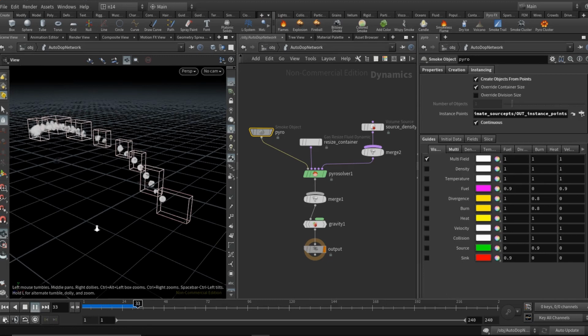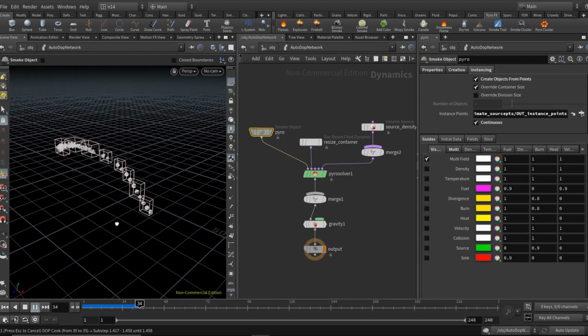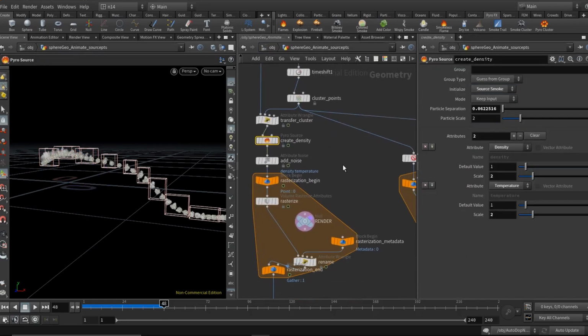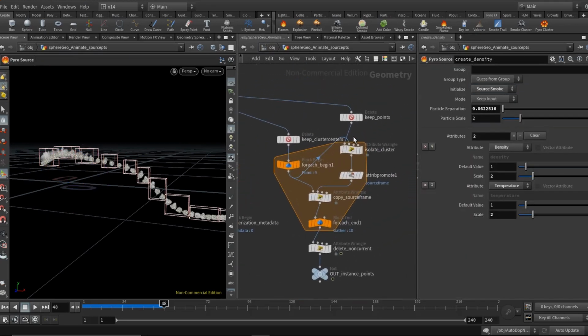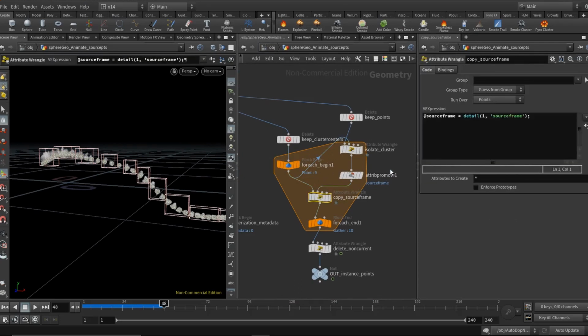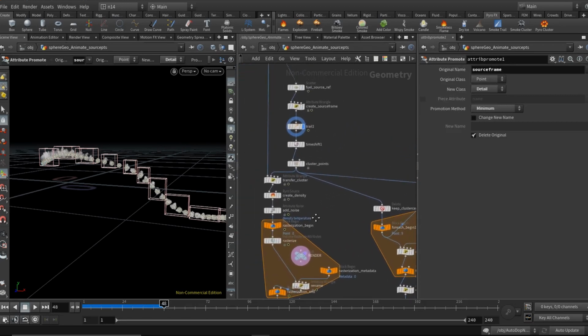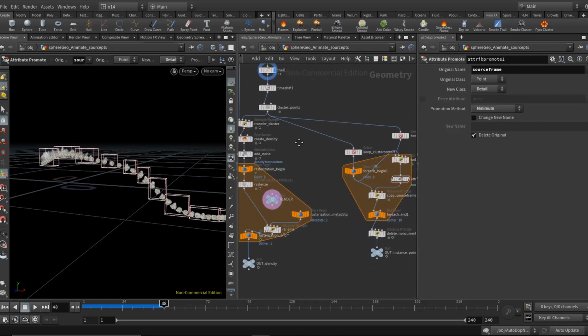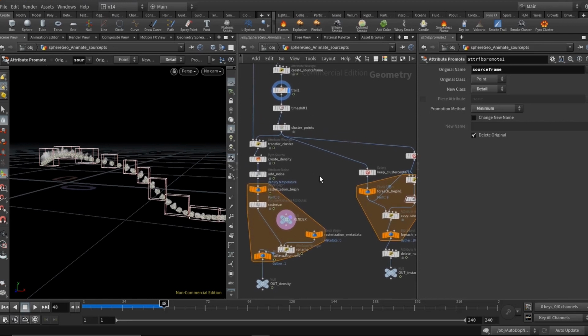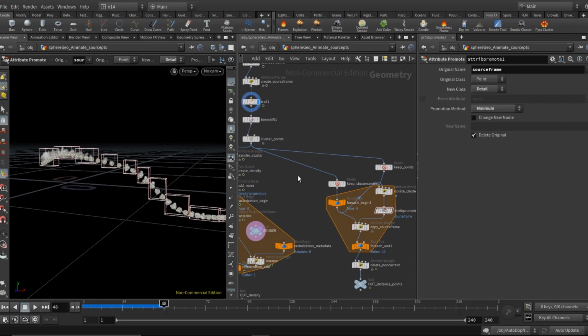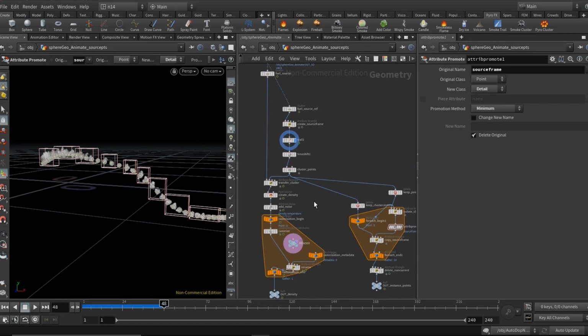I'm going to create a setup which is going to be a lot similar to this one, but a lot simpler. Also, to be very frank, the first time I used this setup, I had absolutely no idea what was going on inside here. I had to really wrap my head around it, and so once we know exactly what the shelf tool is doing and we understand the logic behind it, it's better that we create a simple setup on our own. So anytime in the future we want similar logic implemented somewhere else, we can just copy paste the nodes.